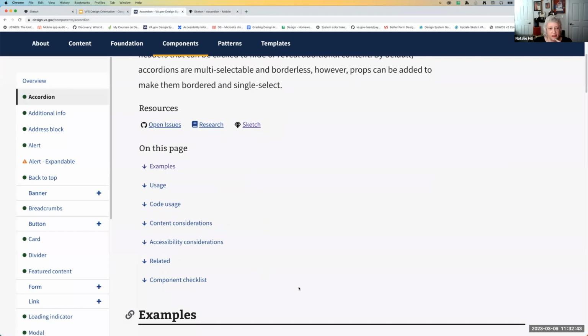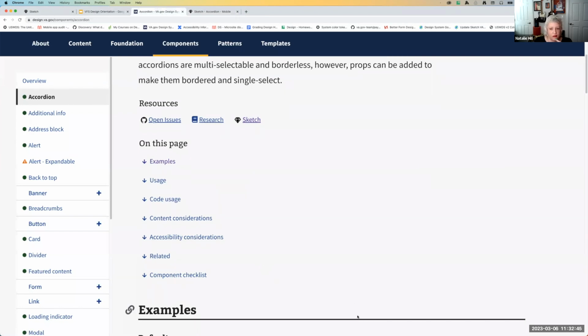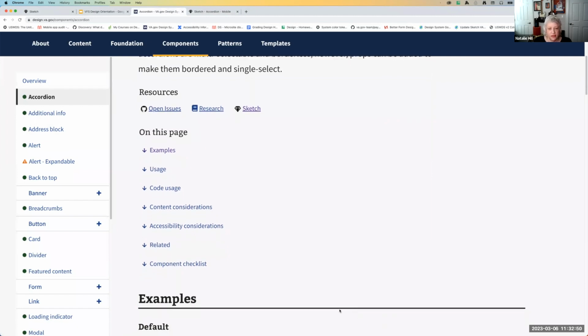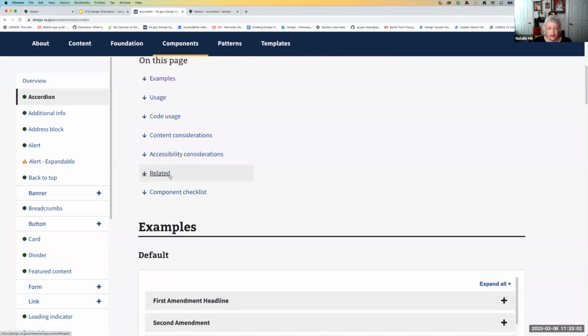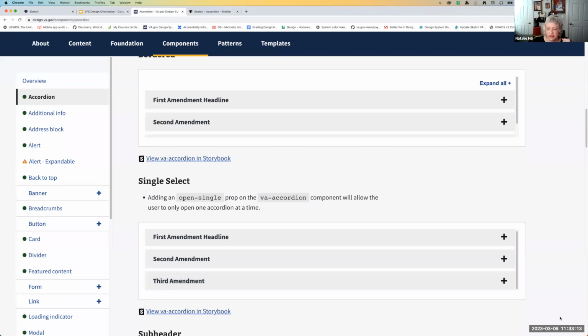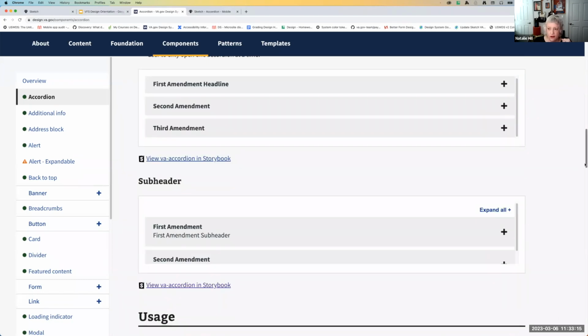And then most of the components, the pages are organized according to examples, usage. Some of them have a code usage section, content considerations, accessibility considerations, and some might have a related section which just cross links to a related component or pattern. And then there's a checklist at the bottom that's another indicator of how mature the component is,